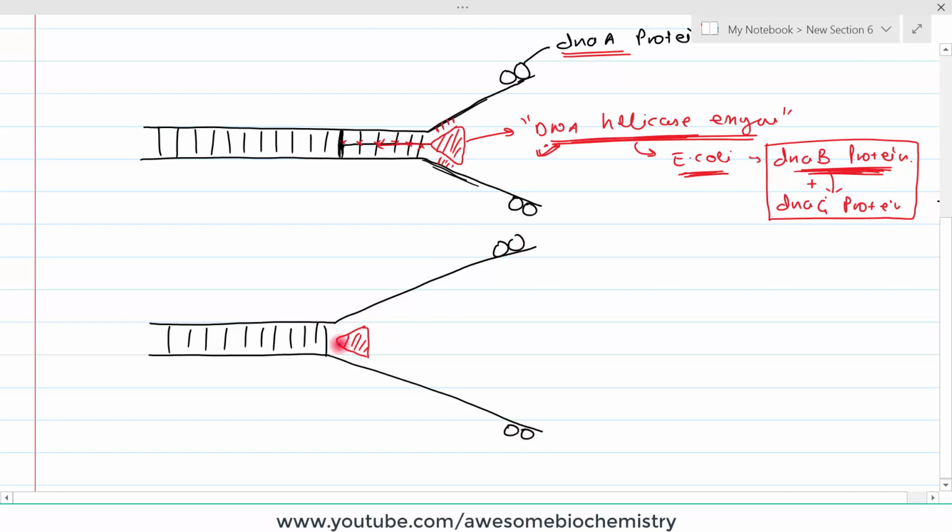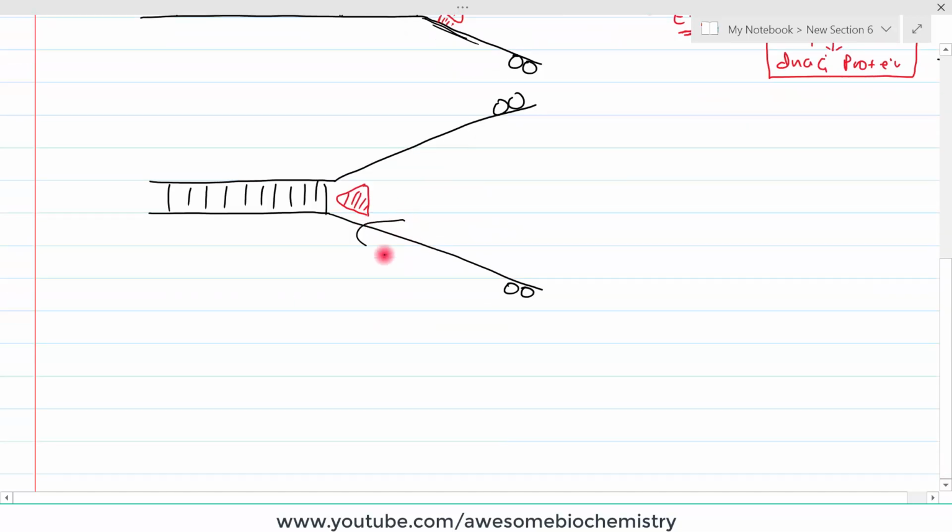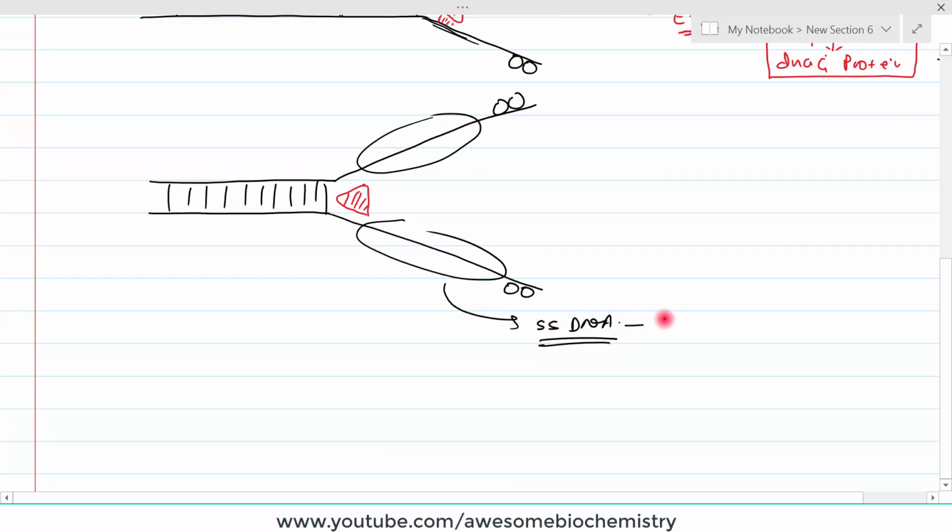As DNA helicase moves in this direction, certain problems are created. The first is that we have created single stranded DNA, which is risky. Why? Because in the organism's nucleus or cytoplasm there are enzymes known as nucleases. Nucleases will immediately identify the single stranded DNA and break it down, so it can be immediately destroyed.